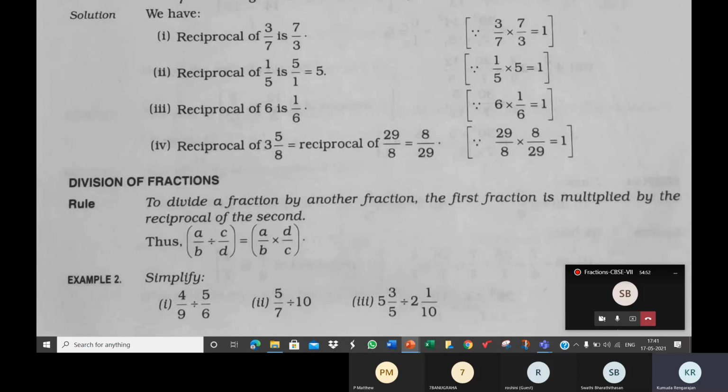Just do work. Now you know multiplication of fractions. What is 20 into 1 by 2? Work and tell me. 2 is in the denominator, 20 is in the numerator, so you can cancel them. You can reduce them using the tables of 2. So 2 ones are 2, and 20 is 2 tens. 10 into 1, 10 is the answer.